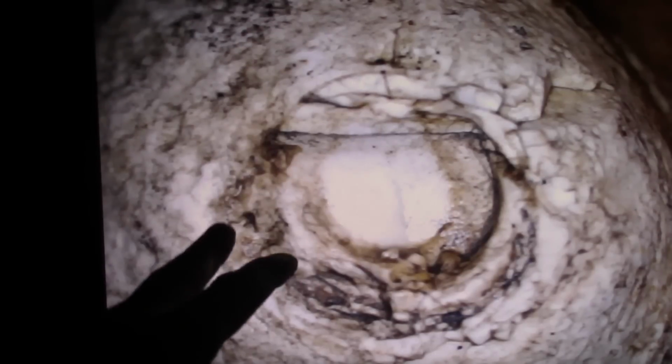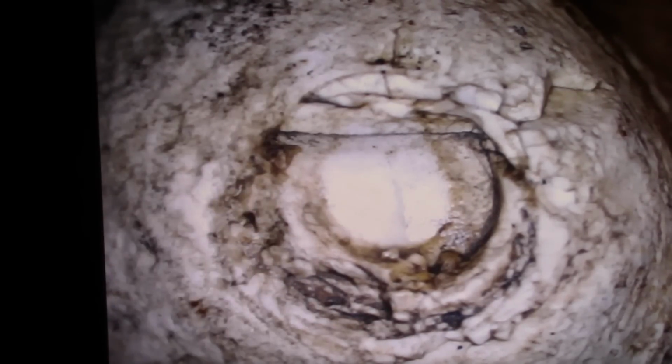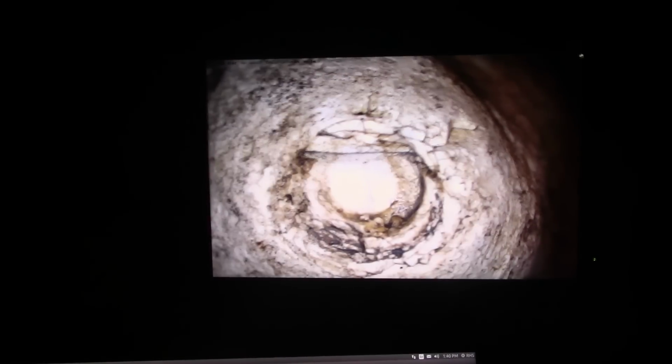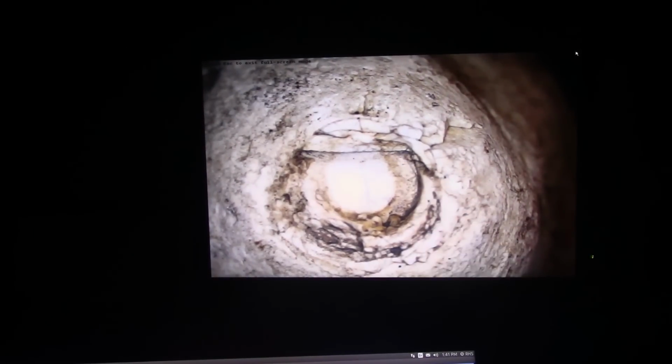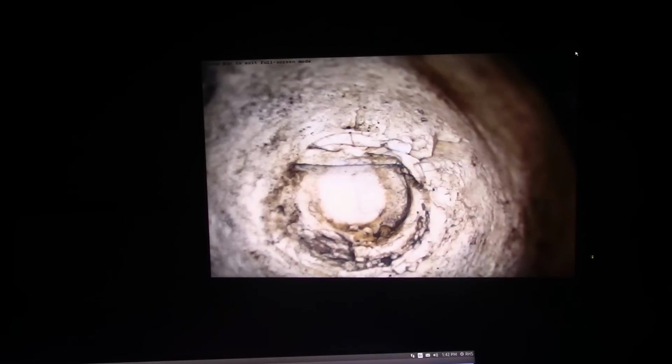Okay, mes amis, this is the giant hair follicle, and it appears to have a flat side, and they claim that's because it was a curly-haired person. Now, let me show you the hair follicle in its entirety. Okay, mes amis, that is the hair follicle, and that is, of course, the hair coming straight up. And it has a flat side to it. People say that is a curly-haired person, so I'll go with that.